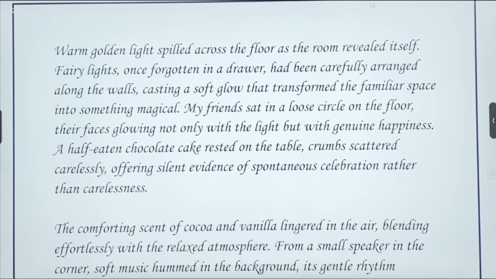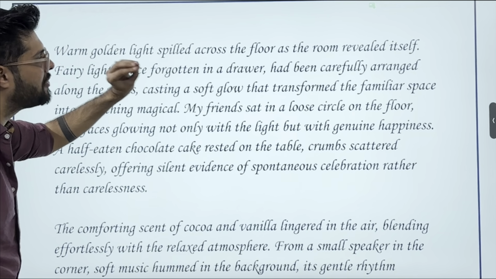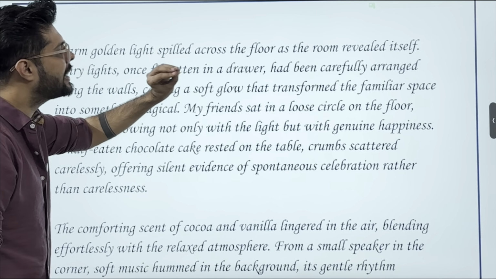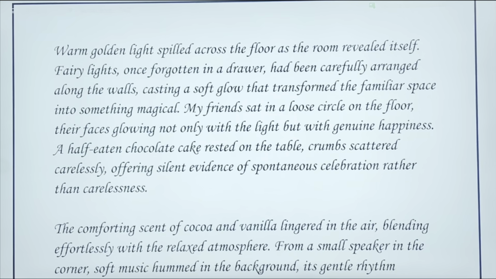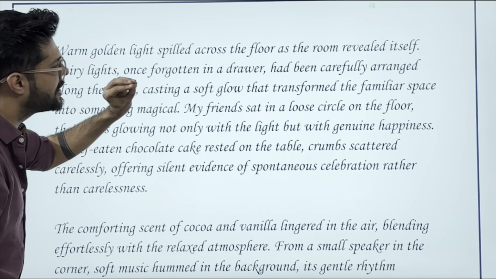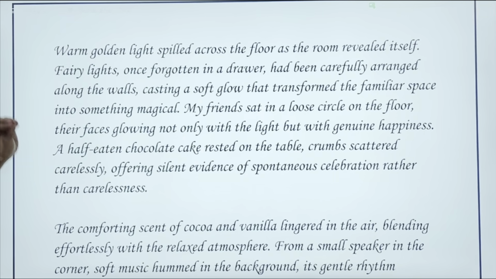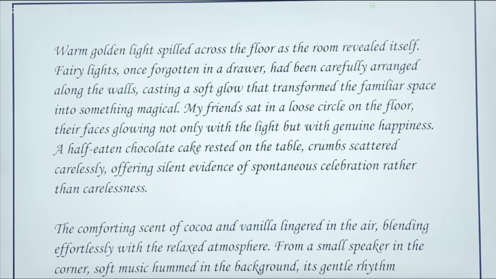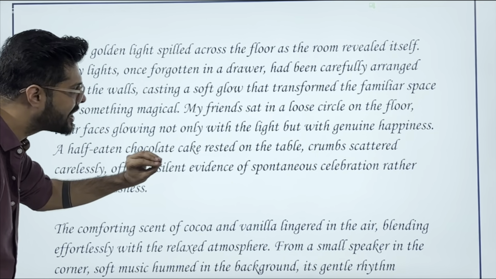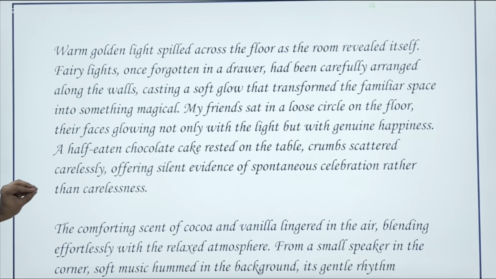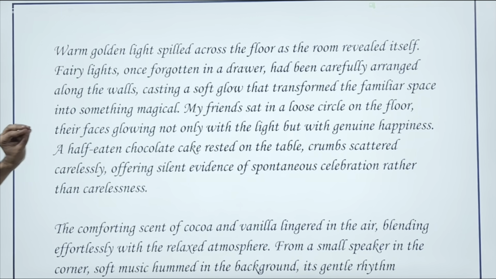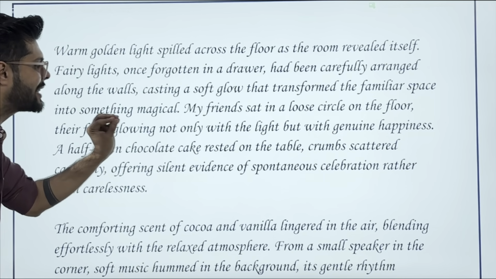Warm golden light spilled across the floor as the room revealed itself. Fairy lights, once forgotten in the drawer, had been carefully arranged along the walls, casting a soft glow that transformed the familiar space into something magical. My friends sat in a loose circle on the floor, their faces glowing not only with the light but with genuine happiness. A half eaten chocolate cake rested on the table, crumbs scattered carelessly, offering silent evidence of spontaneous celebration